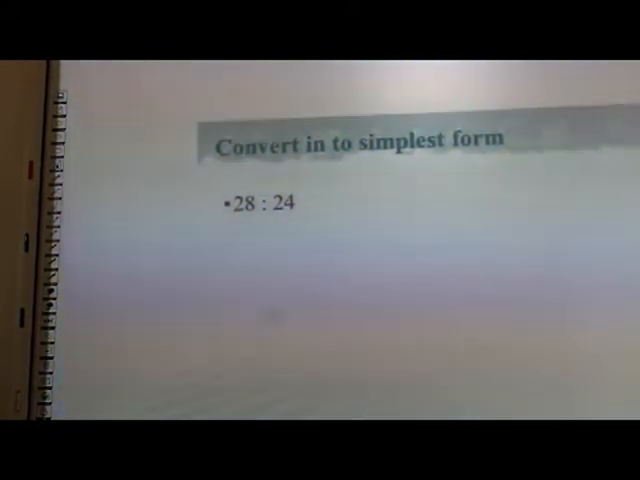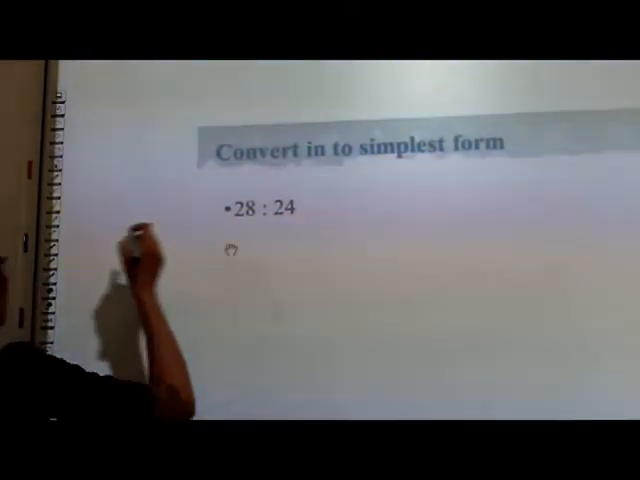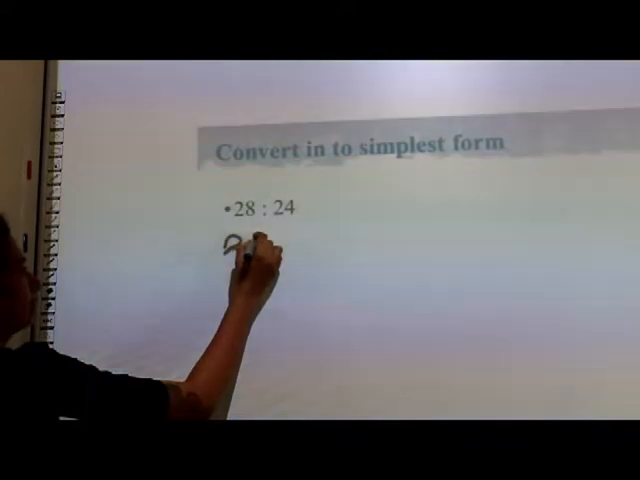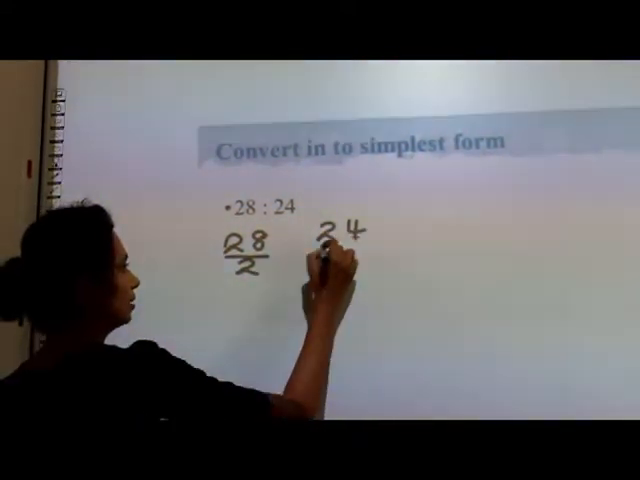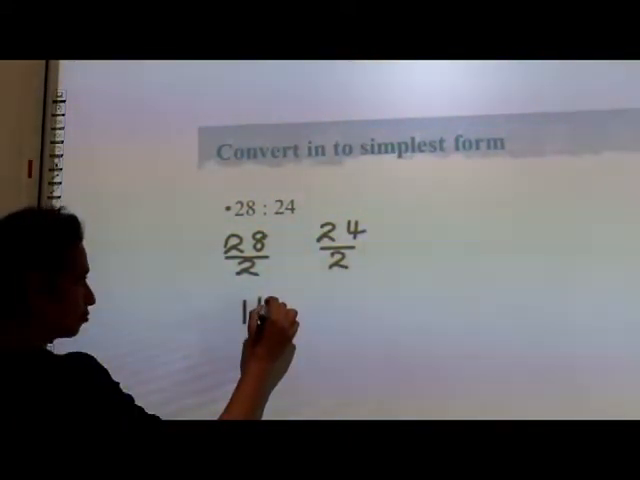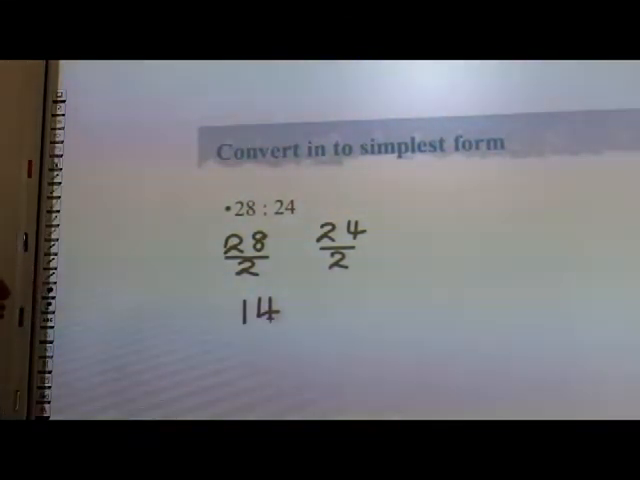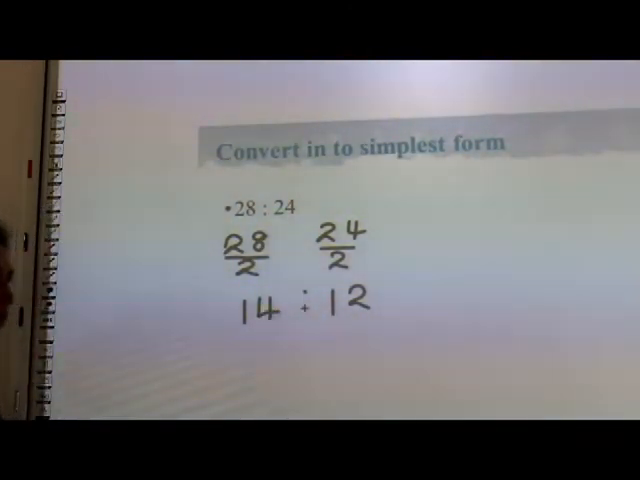Example, 28 to 24. When you are looking at these two terms, you can realize that 28 and 24 can be divided by 2. So you can do that: 28 is divided by 2 and 24 is divided by 2. 28 divided by 2, the answer is 14. And 24 divided by 2, it's 12. This is an equivalent ratio for